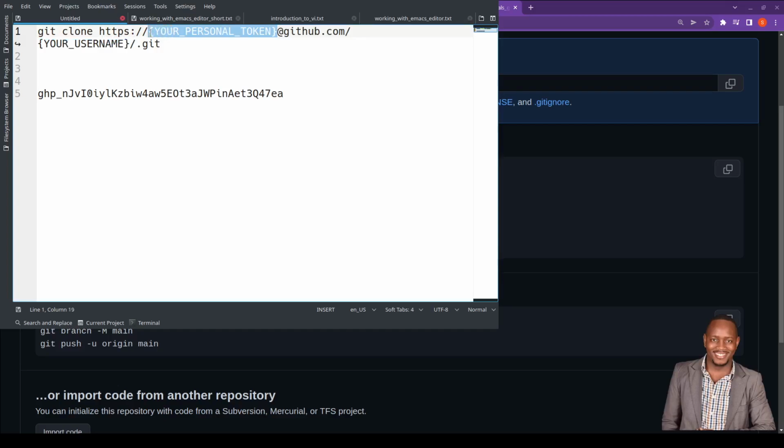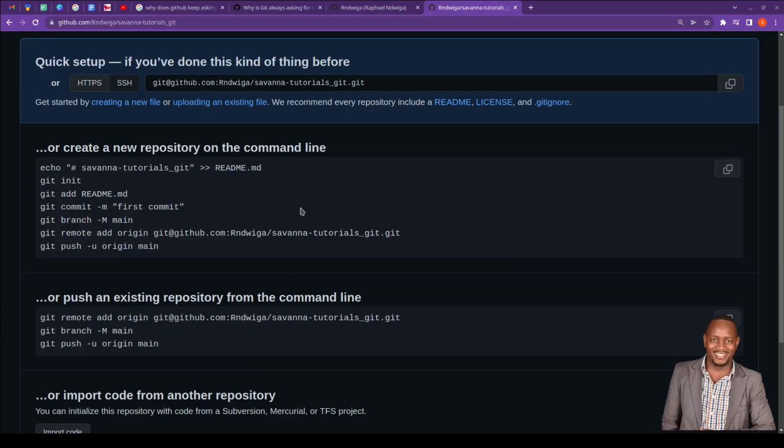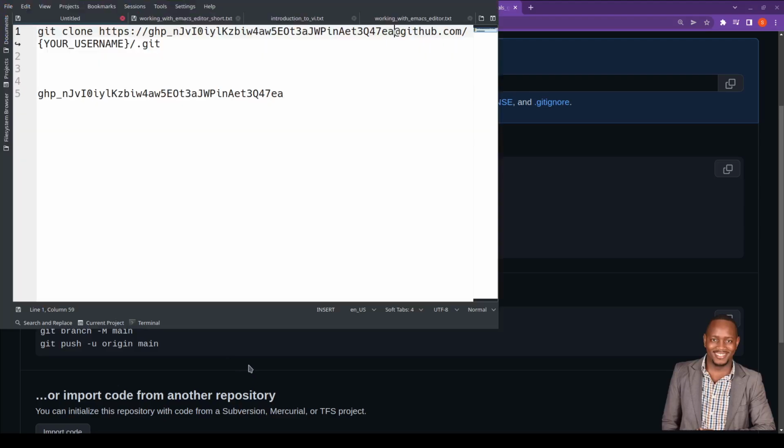So I replace that with the access token, and then my Git username. The Git username is rndwiga. So I will write here rndwiga. So replace everything there,